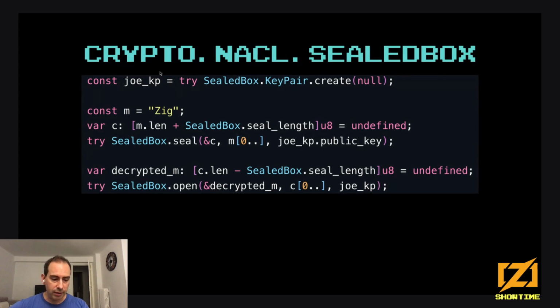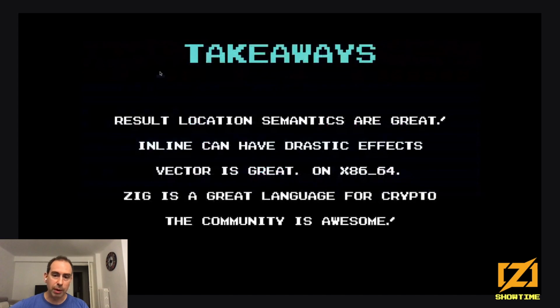Some takeaways while I've been working on crypto in Zig. First, result location semantics are great, especially when you have to chain multiple computations. That was very useful for all the elliptic curve arithmetic. Very clear, very nice to read and write. I love this. You know that you can write very readable code without paying some extra cost because of extra